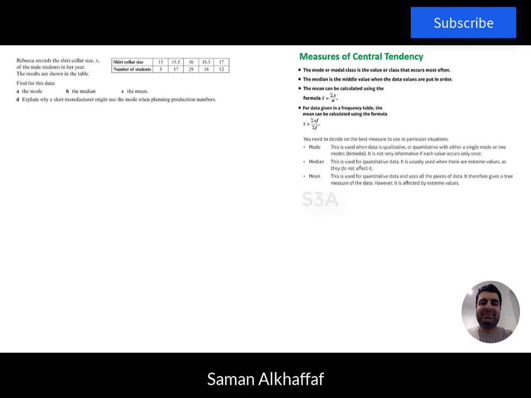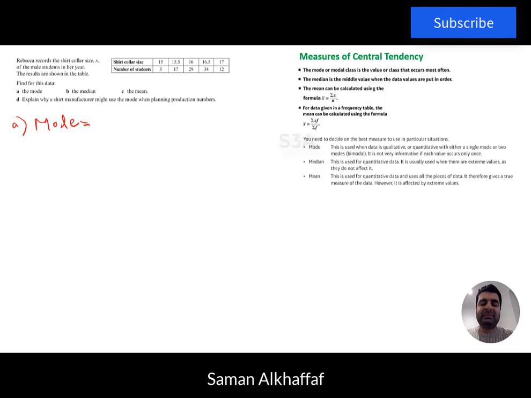In this example, Rebecca records the shirt collar size x of the male students in her year. The results are shown in the table. Find for this data, A the mode, B the median, and C the mean. So first let's start with the mode. So in this scenario, based on the information on the right hand side, the mode will be